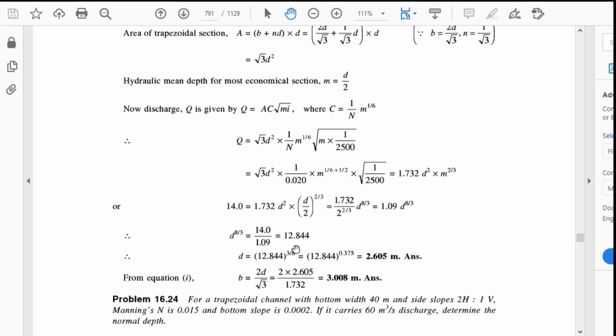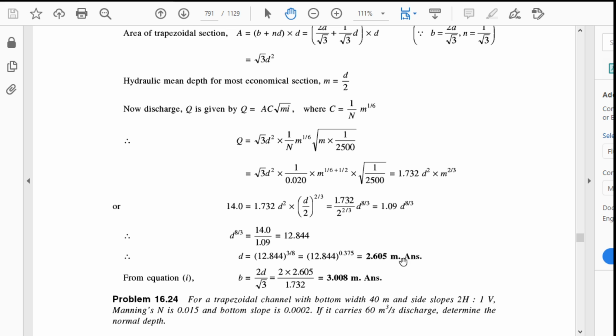You have to remember how to add the powers of the letters, or how to subtract them. This is very basic mathematics, so I am not going to explain it. So d equals